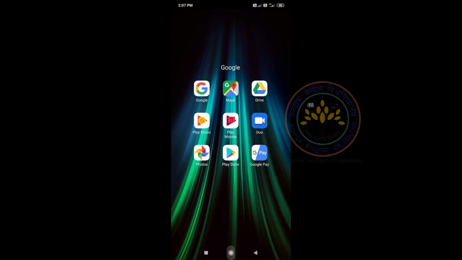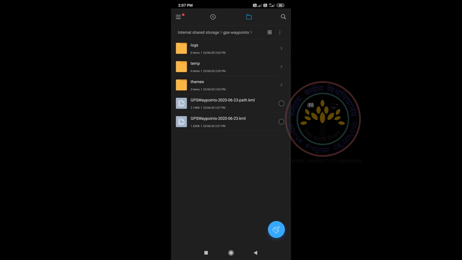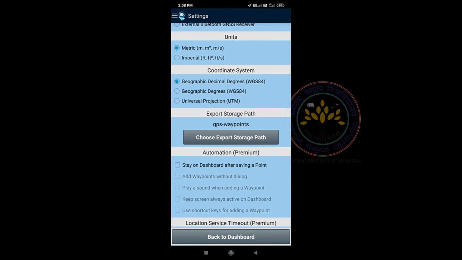To open the saved files, open File Manager and open the folder called GPS-Waypoints. If you use the Google Earth app on your mobile, you can open it in Google Earth by double-clicking on it. Go to other options and settings in the app and learn more about it.